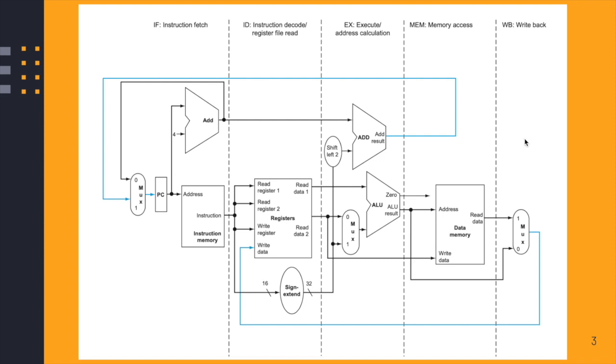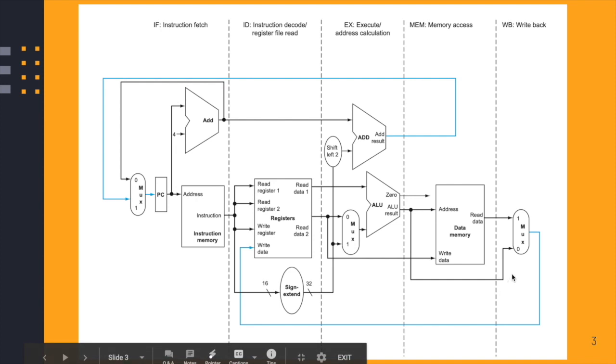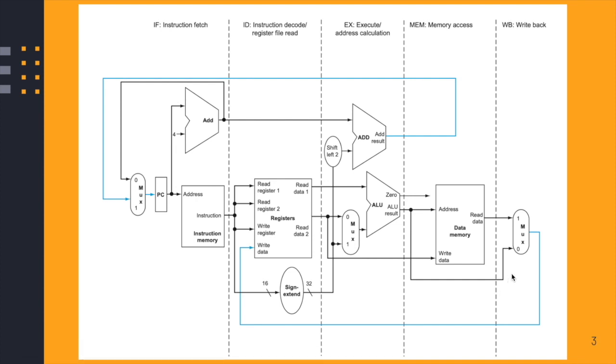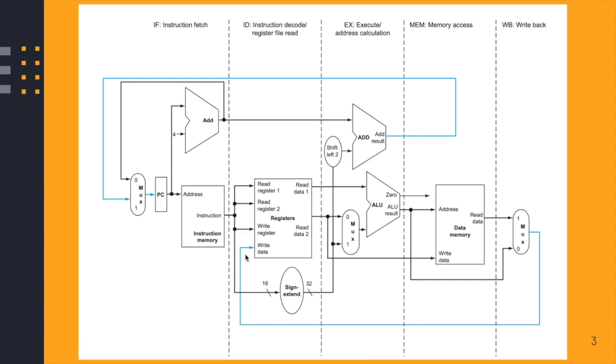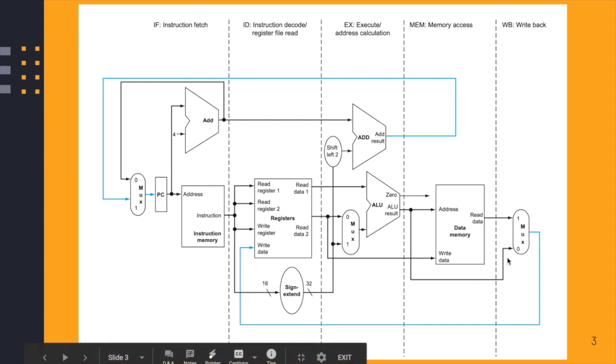The first scenario is I'm writing back the result of the ALU to one of the registers. If it was an addition instruction or an addition of an immediate instruction, an addi instruction, I will take the result from the ALU and then pass it back and save it in the register file. And that's why you can find here write data in the register file, so I can write the data I operated on, whatever operation I performed inside the ALU. The result will be transferred, in this blue line, to the write data,